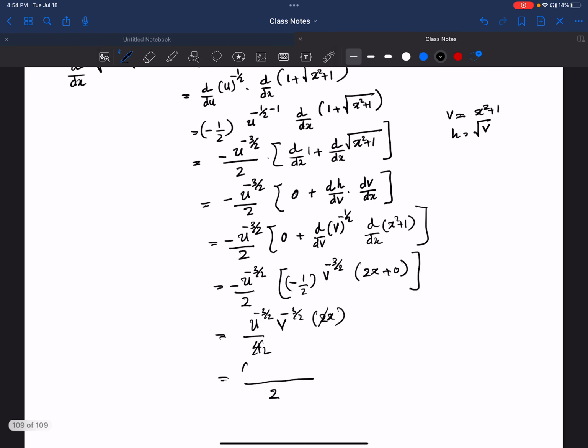So you have 1 plus the square root of x squared plus 1 to the power negative 2/3, times v is x squared plus 1 to the power negative 2/3, times,